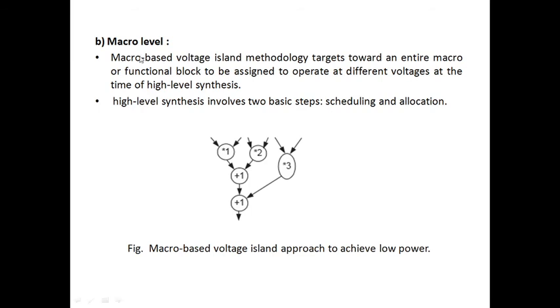See here the second one, that is macro level. In macro, generally for a standard level we have two clusters, and for two clusters we will give two voltages, that is VDDH and VDDL, a higher VDD and a lower VDD. In this macro cell we are giving different voltages based on the functional box. Suppose we have 4 functional boxes, we will give 4 voltages. If we have 8 functional boxes, we will give 8 voltages. Like that we will give different voltages for different functional blocks. That is the macro cell design.